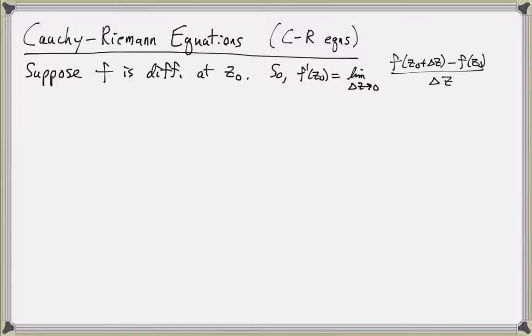We're going to assume that this limit exists. And we know that as delta z approaches 0 from any direction, we must get a unique limit. So if we assume that delta z approaches 0 along the x-axis,